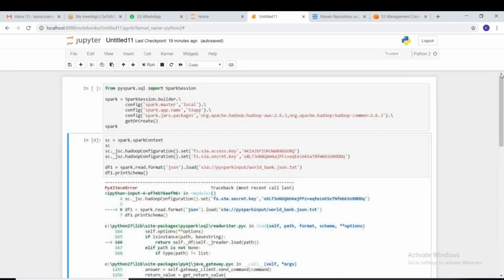This is the code, and if any library needs to be included, I will let you know in the next session. But this is how we develop a standalone application to read and write to S3. Similarly, after processing is done, I showed you in the Cloudera VM how to read and write. Why?